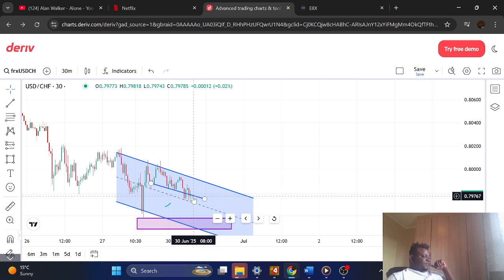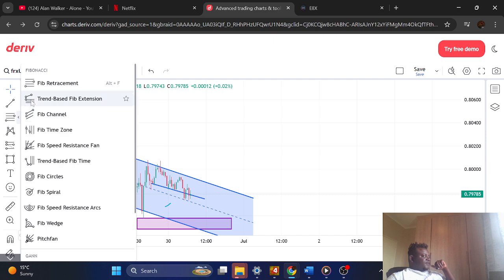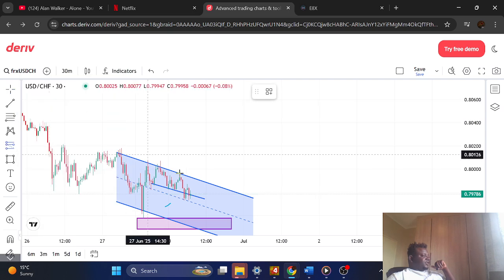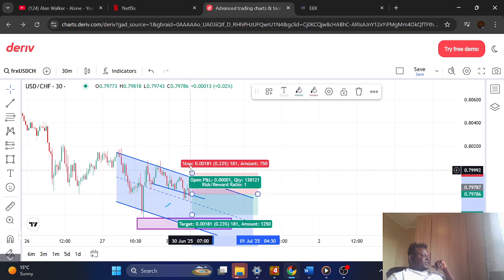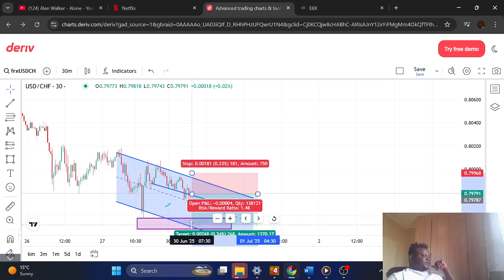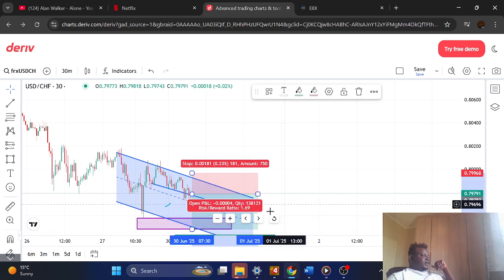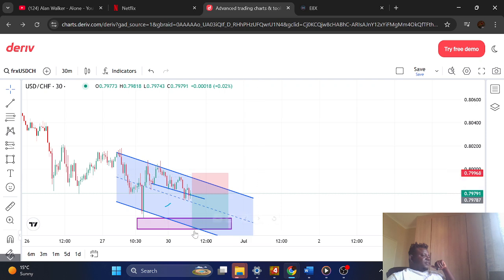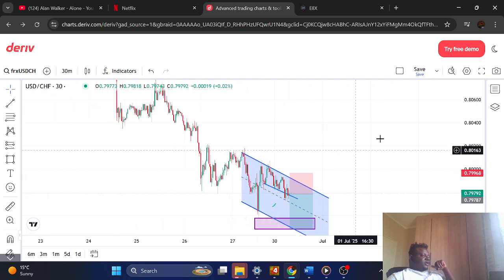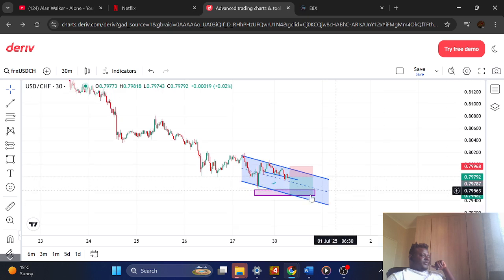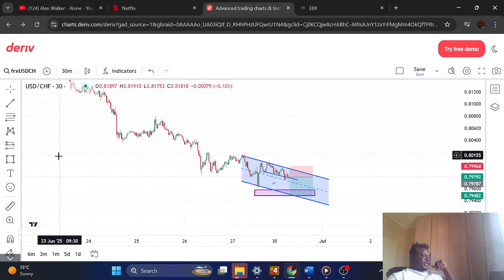enter a trade again. So my trade on this channel, it's a very good trade. I would place my short position right here where the market is at, my stop loss exactly where it's at, and then my take profit would be right there. Okay, so remember, we want to sell this so that it will touch our trend line on the bigger time